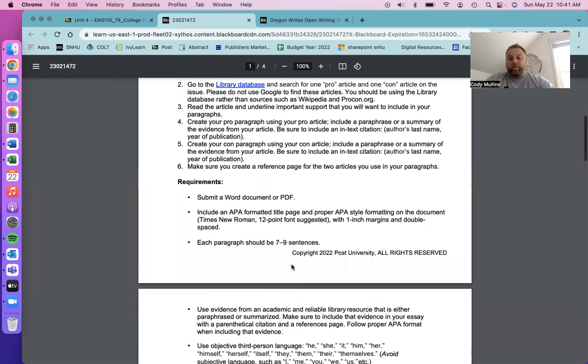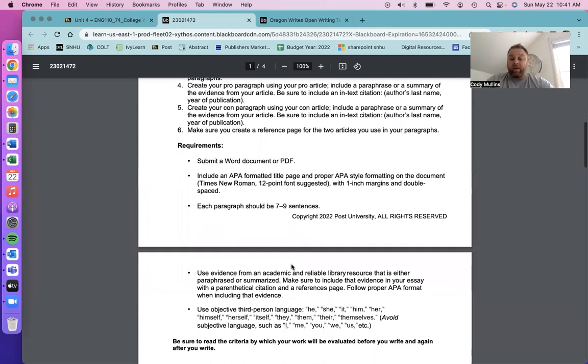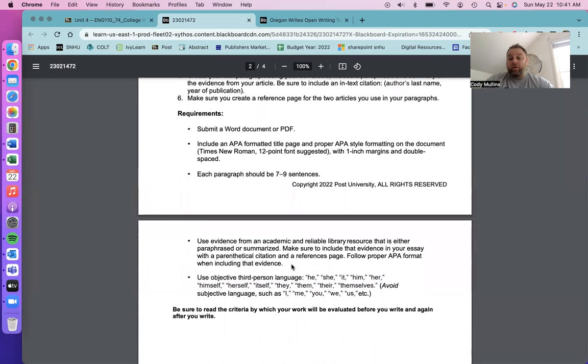So just some requirements here. Each paragraph should be about 7 to 9 sentences. You want to use an academic and reliable source, 2 sources, one pro and one con for the issue. You want to use objective third person, so that means not using the pronoun I. I know in a lot of cases that's difficult because you are the person writing it, but you're trying to cultivate an objective voice that anyone can understand. So those are the main